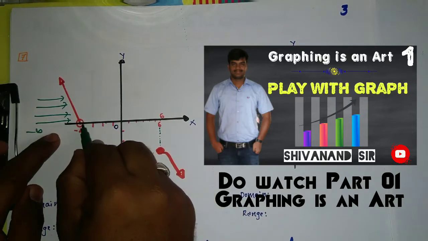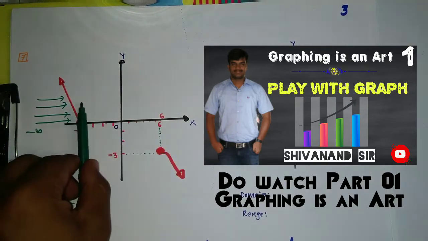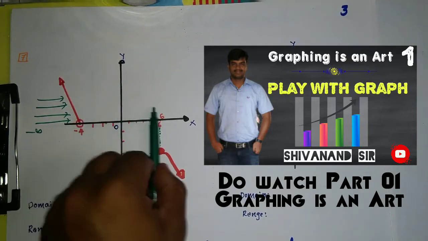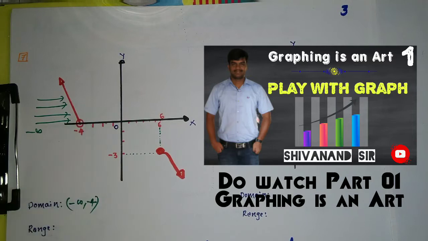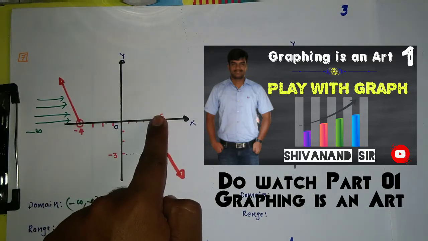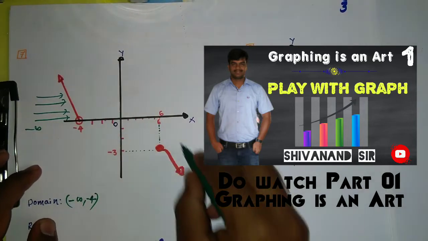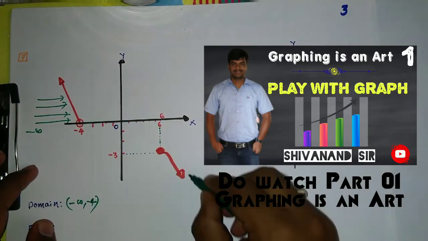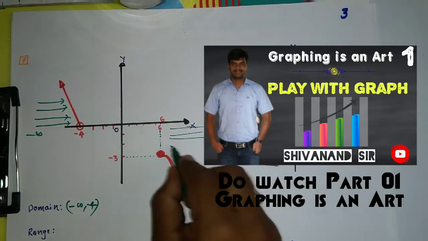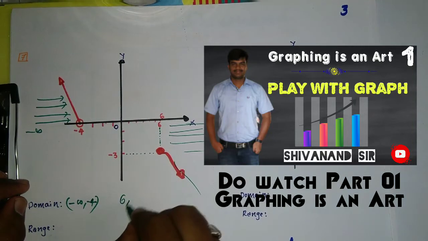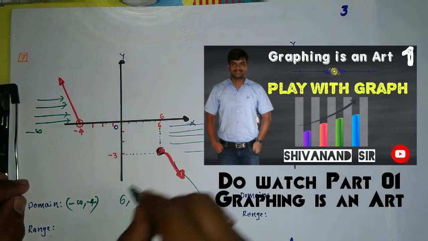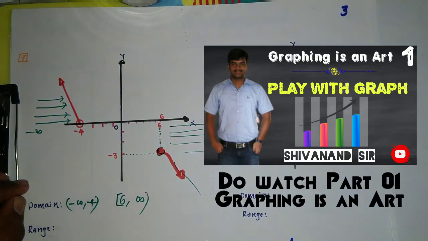Again, I'm checking the graph from here up to 6. From minus 4 to 6 there is no graph part, so you are not assigning any domain here. The domain values should start from 6. From 6, your graph is going downwards, and you will be assigning all the values. So right from 6 to infinity. 6 should count here, it has a closed circle, so from 6 to infinity.